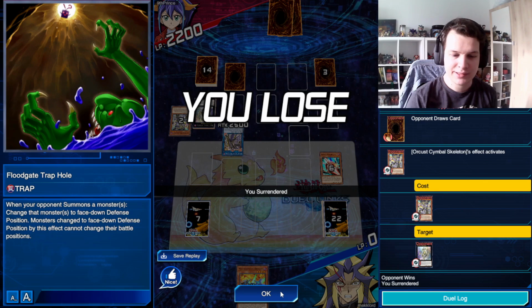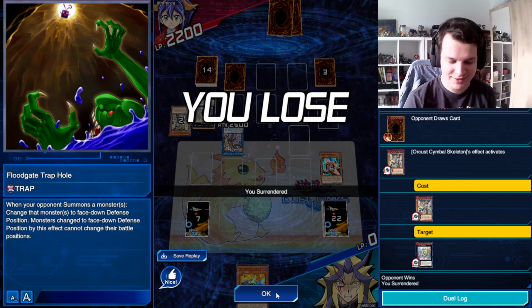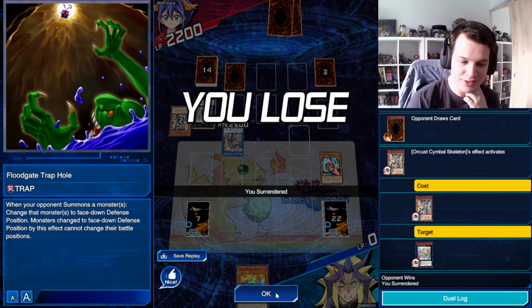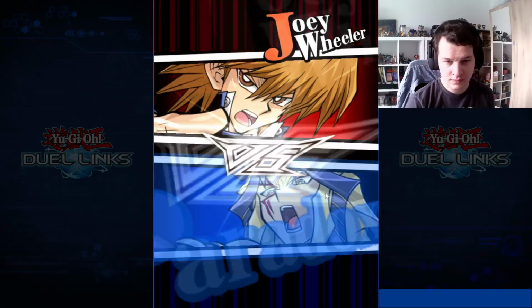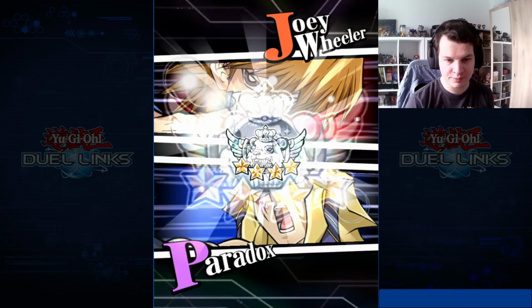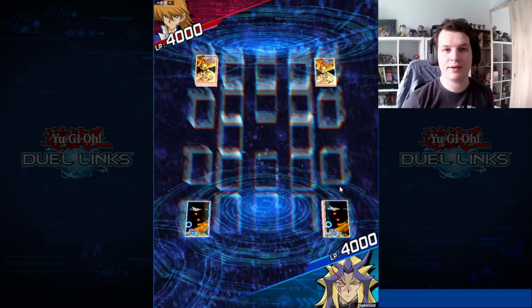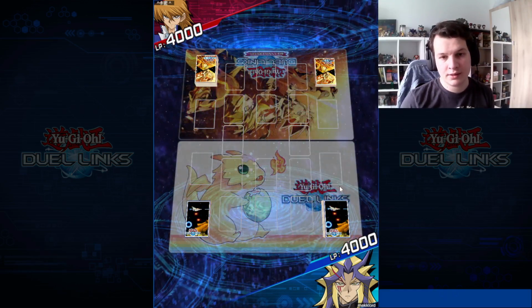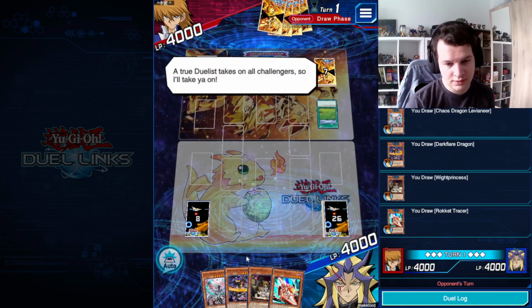Wow. That's my opening hand's fault. 2 quick draws is way too much. 2 quick draws with 2 rockets in hand. Oh boy. This time against Joey Wheeler. This could be anything. I'm going second again. This is where I want to be. Unless I open exactly, Oh, this is...